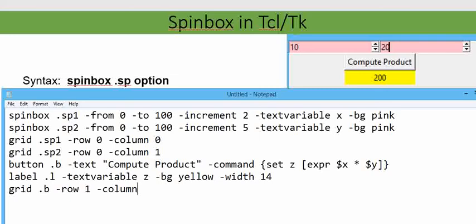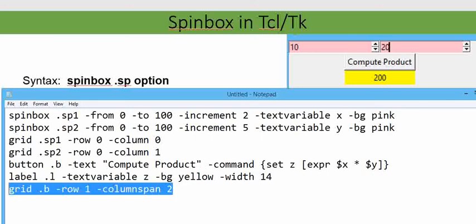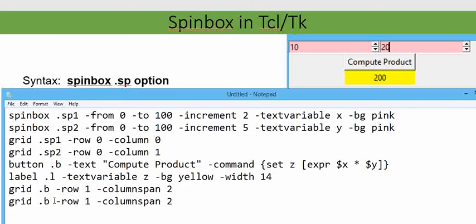So instead of column, I'm going to write columnspan. So both columns, it will become by default centered according to the dimension of the button, and it will take the column span. Similarly, the label also I have given a column span: grid dot l, row number 2 and column span 2.